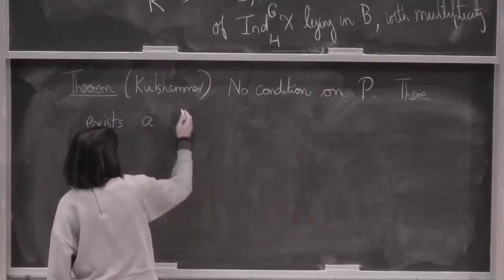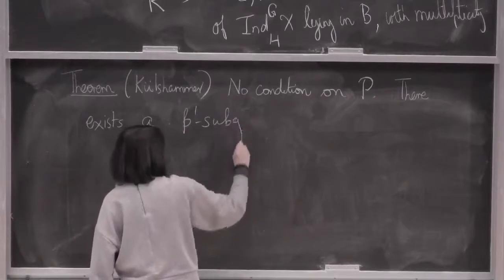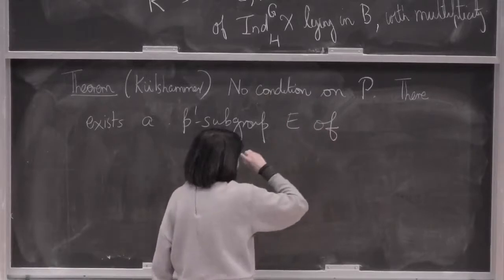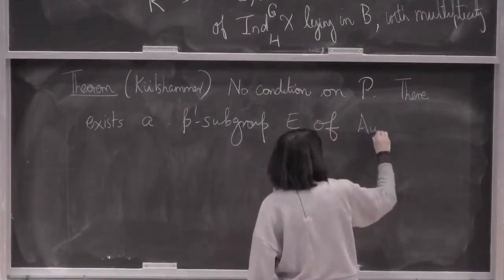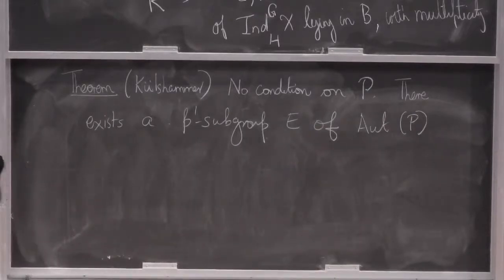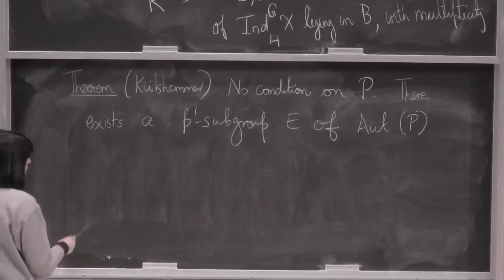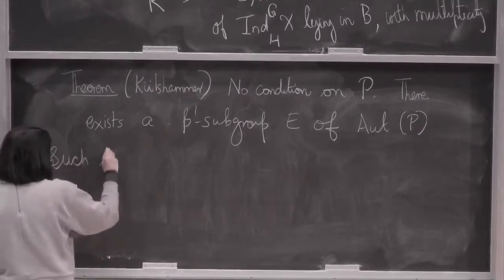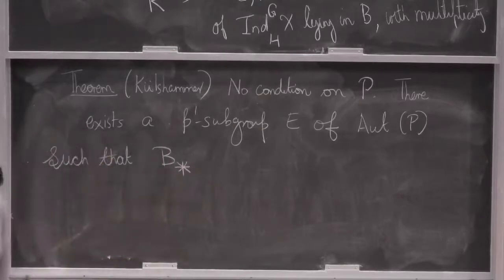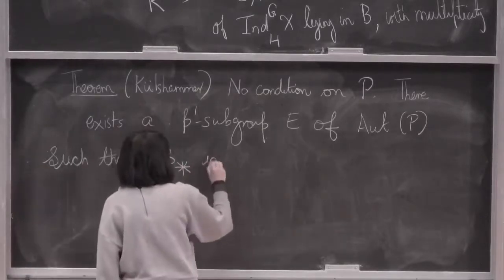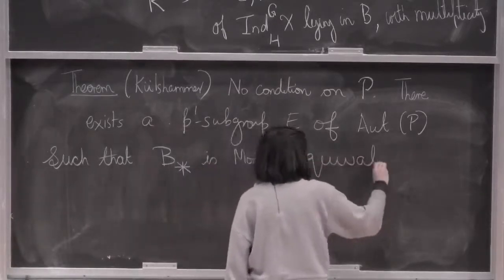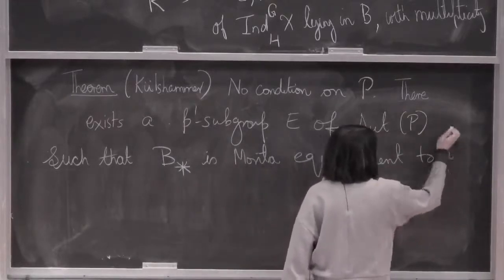a p-prime subgroup E of the automorphism group of P. So P is a finite group, has a group of automorphisms. Then there will be some p-prime subgroup E of the automorphisms of P, such that the Brauer correspondent, so the local block, is just Morita equivalent to the algebra